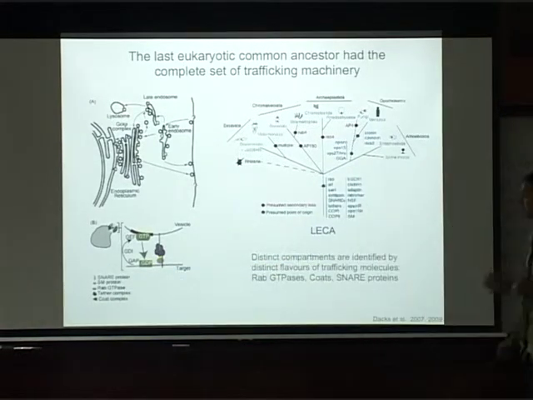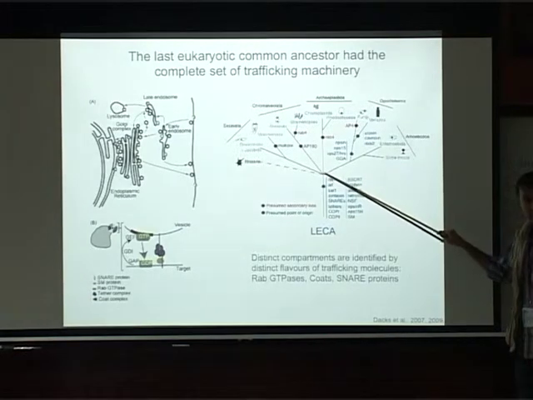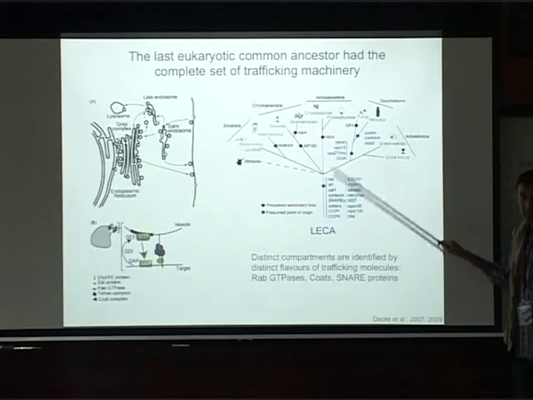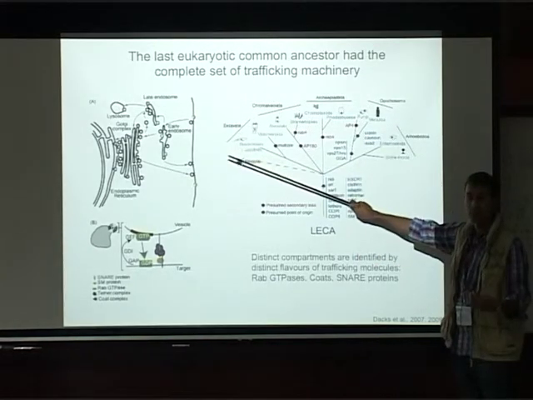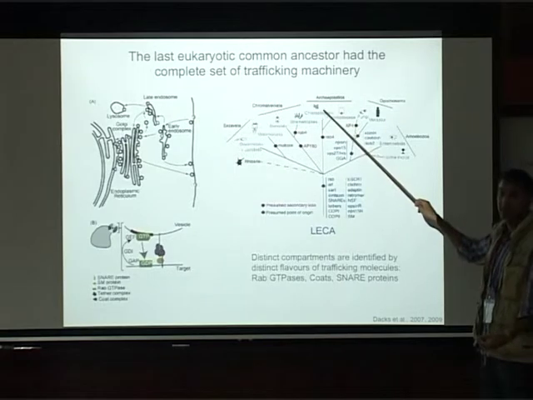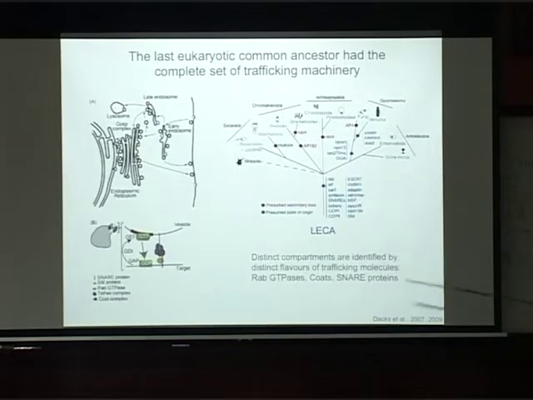So what we could ask is, look at all the eukaryotes that are alive today and just see, do they have all these proteins? If all eukaryotes have these proteins, or most of them, then the assumption is that the last eukaryotic common ancestor also had those proteins. Or even more specifically, if one side of the tree and the other side of the tree has the same protein, even though they've been lost in certain lineages, you can infer that it was present in the last eukaryotic common ancestor. So by doing this kind of reconstruction, Mark Field and Joel Dax have shown quite conclusively that